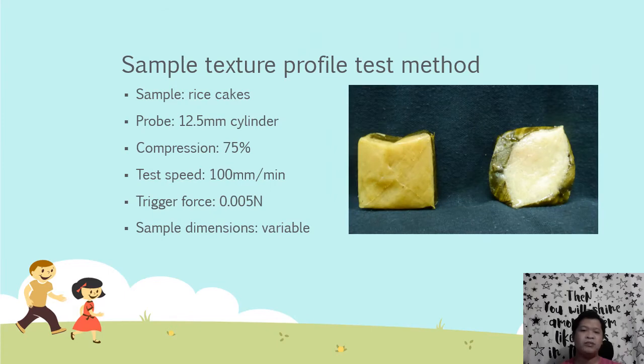So if you've seen in the previous slides, when you have a certain texture profile analysis test done to a certain sample, you need to have certain factors like what type of probe to use, yung pinakaulo na magta-touch dun sa sample. As you've seen, there are a lot, may mga flat, mayroong pabilog, mayroong parang knife edge, and so on. So there's also compression, test speed, trigger force, and if the sample dimensions are very specific. So this case is yung ginawa sa master's thesis ko, although it was conducted in the OST, the test report does have